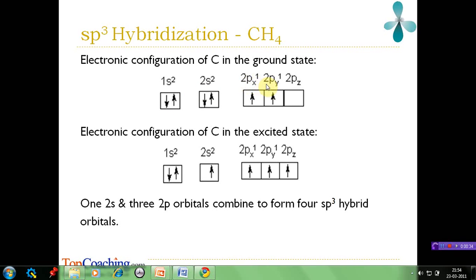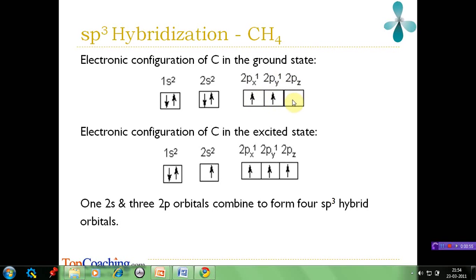Now, that means that any of these three 2p orbitals are going to have one electron each and one orbital will be left vacant. This orbital can be any of the three, px, py or pz, any of the three can be vacant. But for the sake of convenience, we will assume that px and py have one electron each